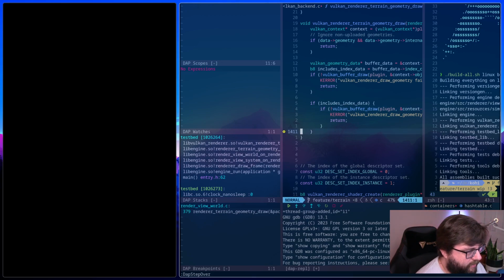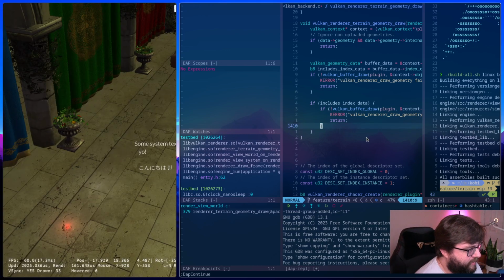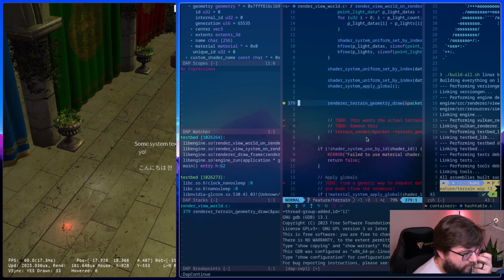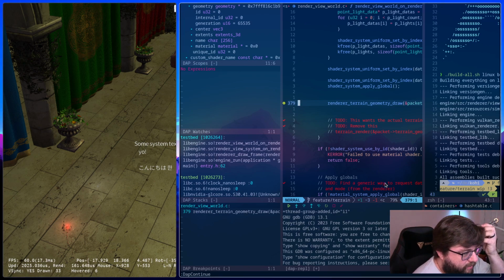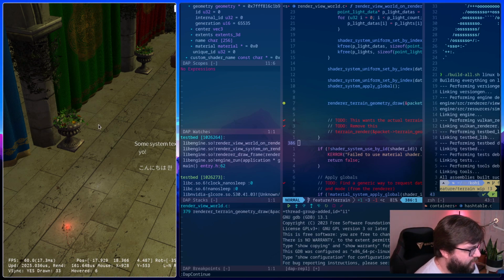Aha, we got some sort of error over here. Ooh, pipeline layout. Sweet. All right, let me continue the application. Oh, you know what? That might have been because I resized the window strangely. All right, let me kill this for a second.